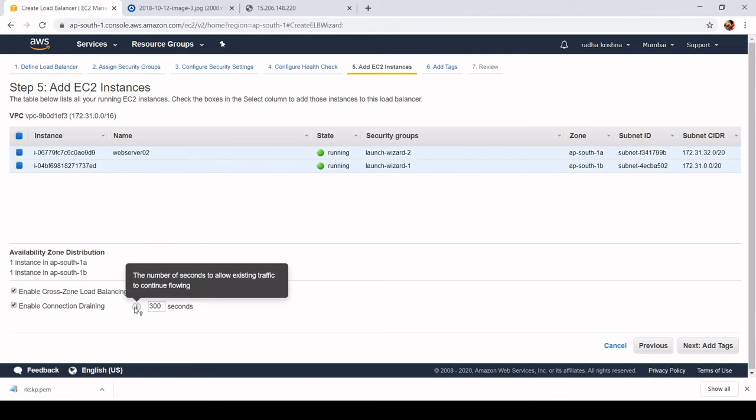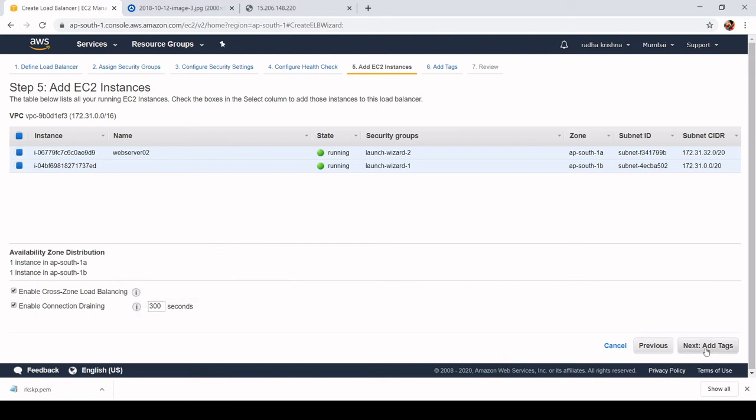Coming to connection draining, what does it mean? The number of seconds to allow existing traffic to continue flowing. That means if you are using an auto scaling group and you are going to terminate an instance, then if your load balancer is serving requests, the termination waits until those requests get completed.